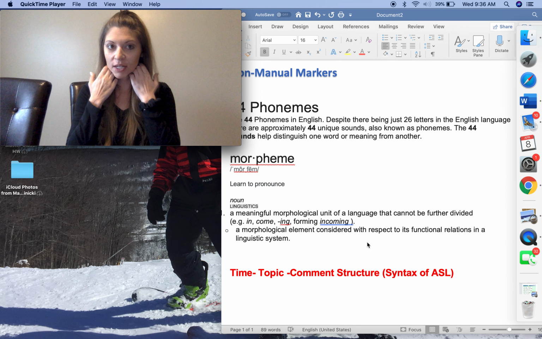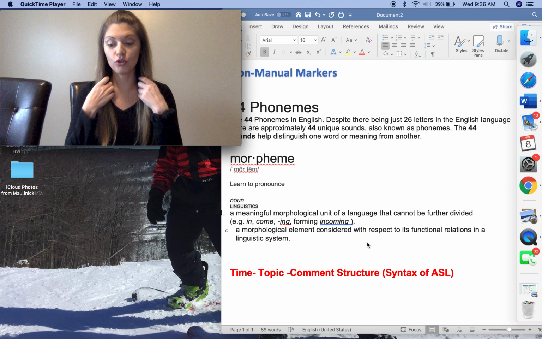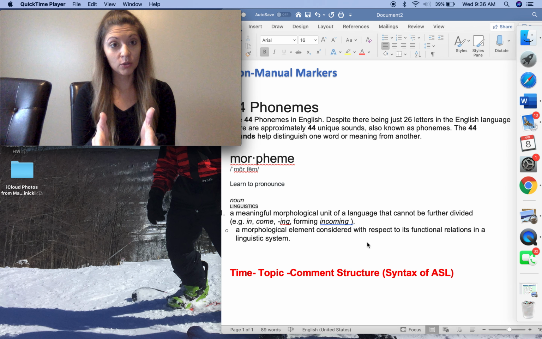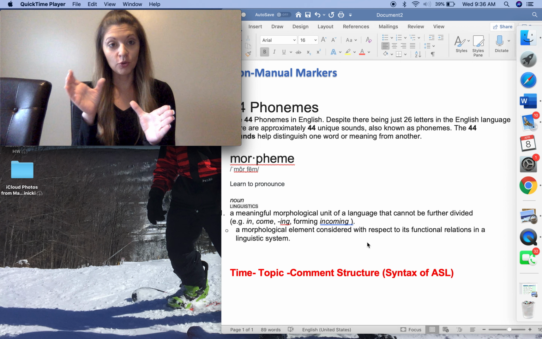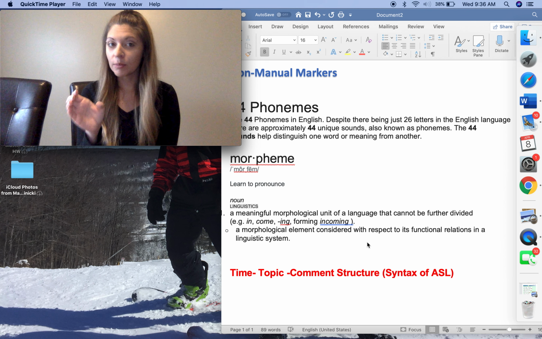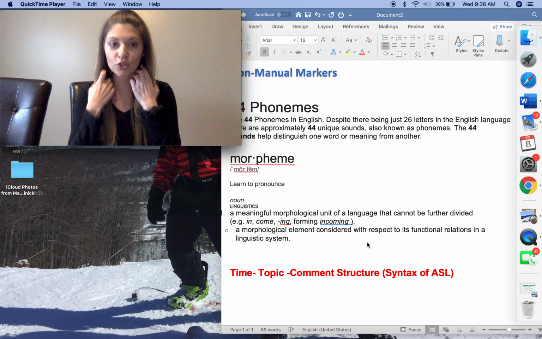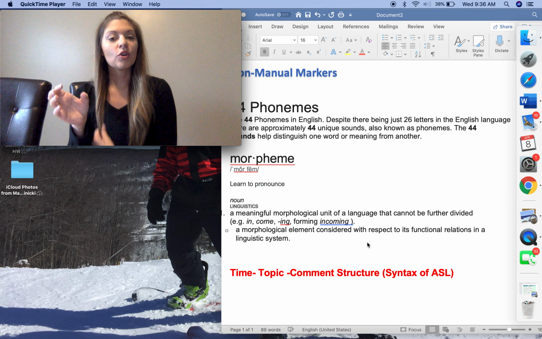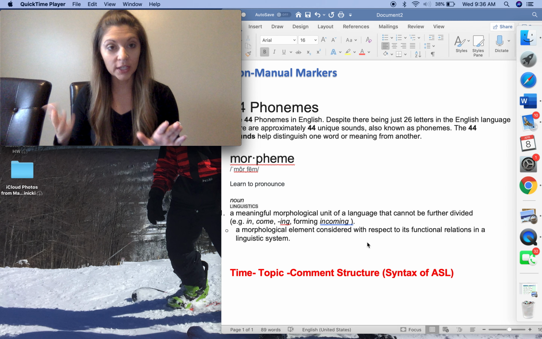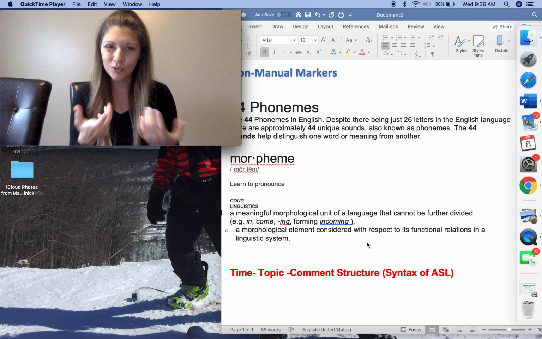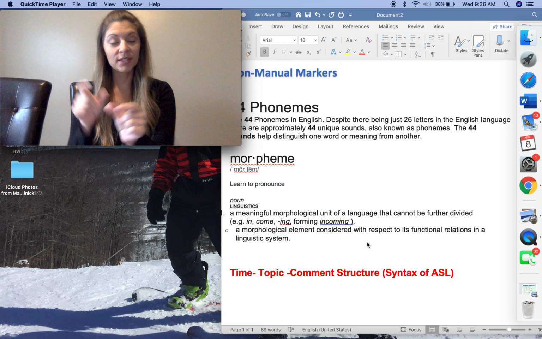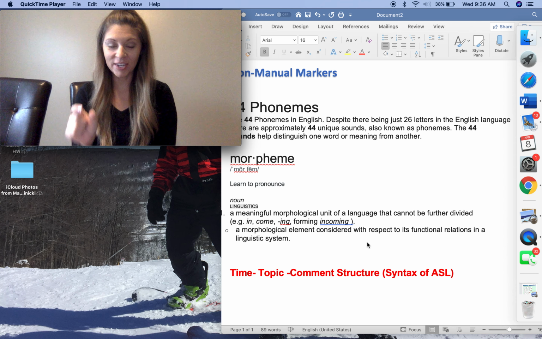Ed doesn't mean anything by itself. Add it to learn. Learn is a word. It's a chunk. And then you add ed, this morpheme, and it holds meaning. Ed means past tense, but alone it doesn't make sense. You have to connect it to something. So that ed went from learn to learned. I have already finished learning it, past tense. Adding an s, things like that. So they're a little bit bigger than phonemes because they have meaning, but they need to be added to something